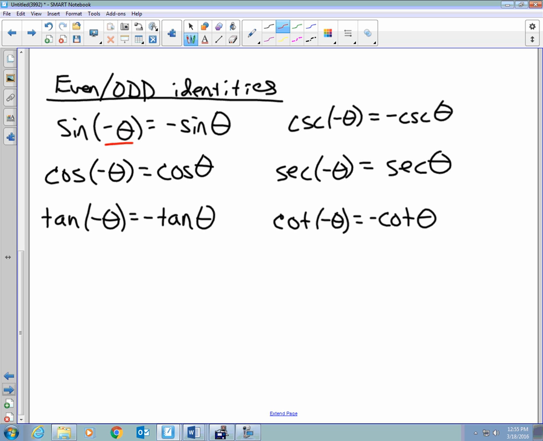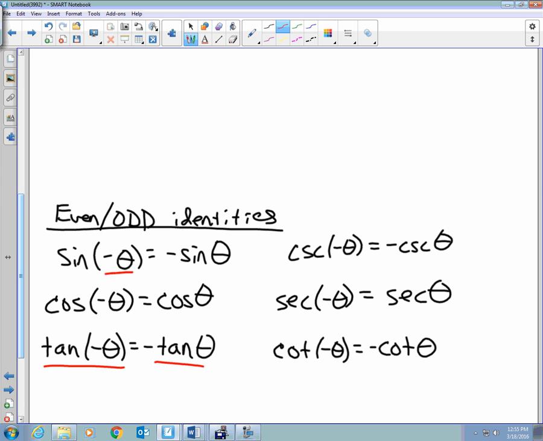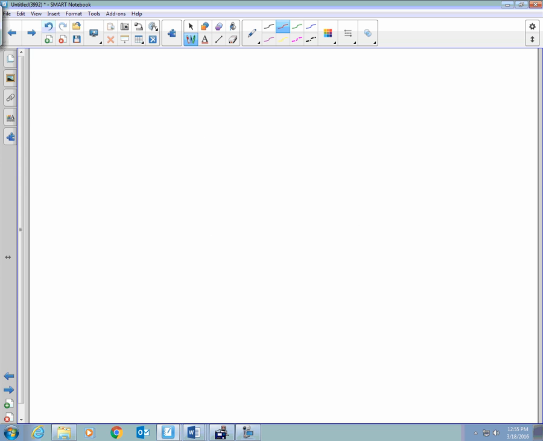The negative disappears. Same with secant. But for tangent, it's just like it is for sine. Tangent of a negative angle is equal to negative tangent of that angle. Cotangent of a negative angle equals negative cotangent of that angle. So if I write this really quick, see if you guys get this. You might see something like this. If I write this,